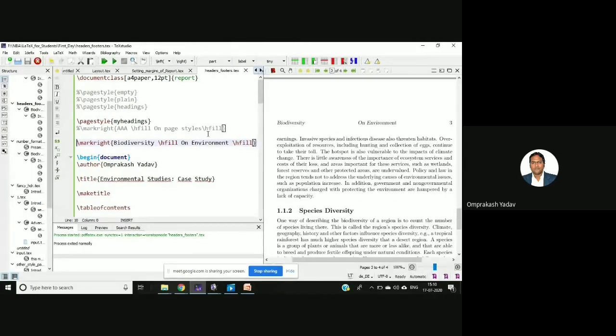So if you see here, biodiversity, then this information is given by the user supplied information, biodiversity, then hfill, which will give the space, and then on environment. Okay, and then after that hfill again. So this space, and then there is a 3. Now let me remove this hfill.